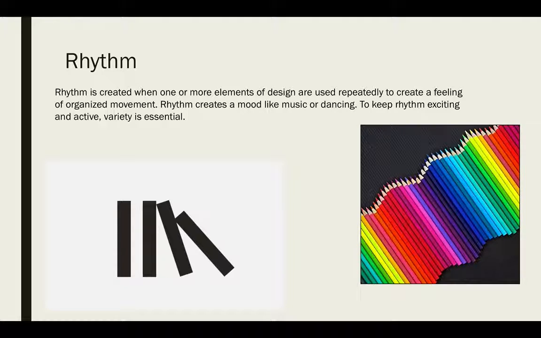So in music, the most basic rhythm is the 4/4. So 1, 2, 3, 4. But sometimes we might have something that speeds up and slows down, like 1, 2, 3, 4, 1, 2, 3, 4, 1, 2, 3, 4, 1, 2, 3, 4. And then sometimes we may have something that ramps up, like 1, 2, 3, 4, 5, 6, 7, 8, 9, 10. Now this is obviously vocal cues or examples of rhythm, but here we are talking about visual or